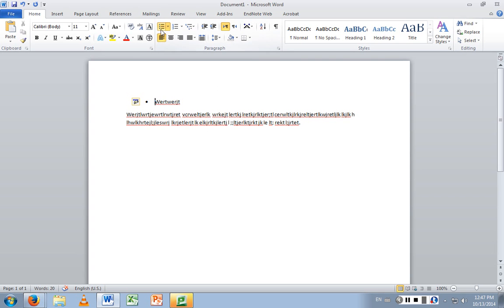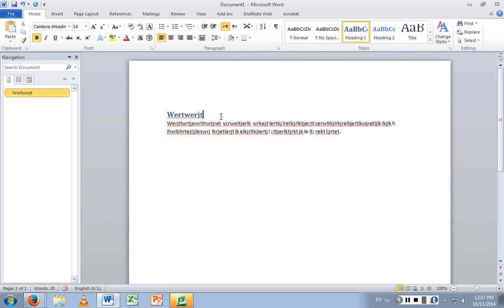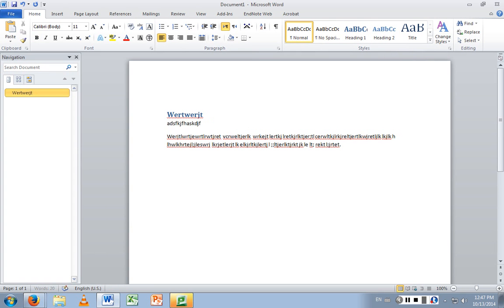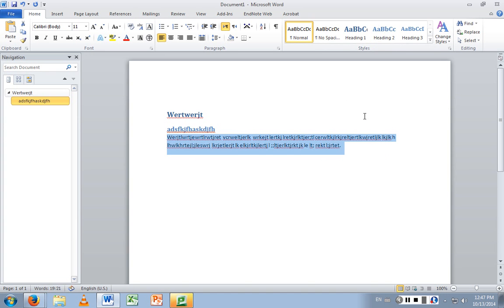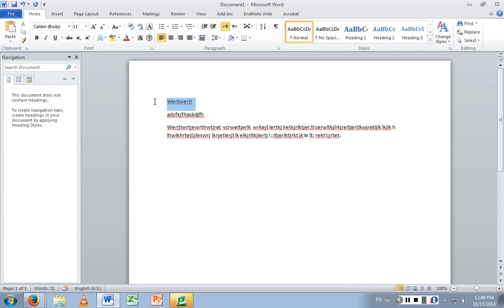Similarly, if I were to undo this and say I want this to be heading 1, it puts it in as heading 1. If I had another heading below that, I could say it's heading 2. Okay. And then this is normal, which is its normal sort of paragraph mode. What you don't want to do is, let's say these are both normal. Now let's say I want all my headings to be